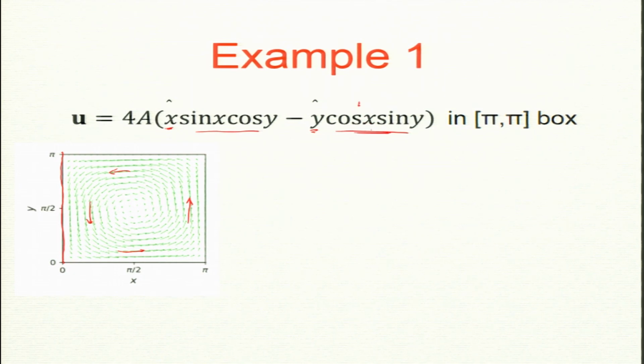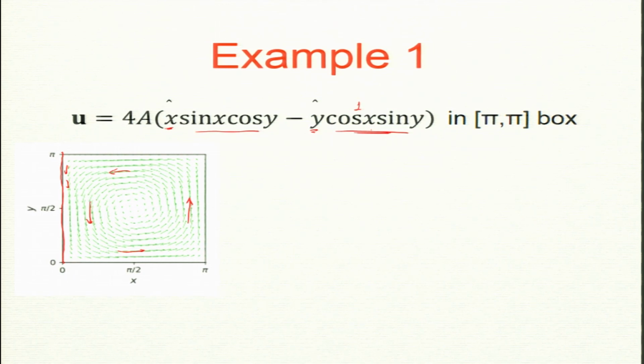Cos x is 1 at x equal to 0, and it varies as sin y. I can see that the velocity uy has a negative sign. So, from 0 to pi it is always negative, going like this. It is a steady flow, it does not change with time.